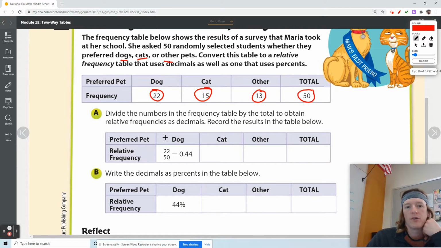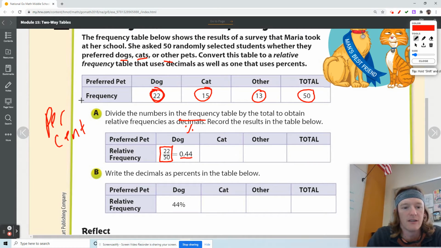So when we want to figure out the relative frequency, we're going to look for a decimal or a percent. We have to go to decimal to get to percent. I want our answers in this section to be as percents. So if we have 22 out of 50, we would divide 22 divided by 50. That will give us 0.44. And then to go to percent, this means of 100, we need to go times 100. So this is